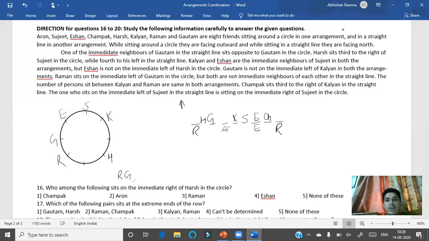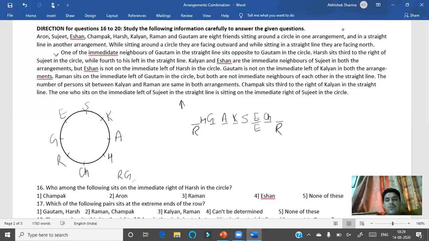right? Okay. So the person that is left in the linear sitting arrangement, that is Arun. So obviously Arun must be here. So we can write A here, right? And if we check our first statement, that was one of the immediate neighbors of Gautam in a straight line sits opposite to Gautam in a circle. That means one of the immediate neighbors H has been done, A is left, so A must be here. And now the only person remaining in the circle is Champak, so that means Champak must be here,